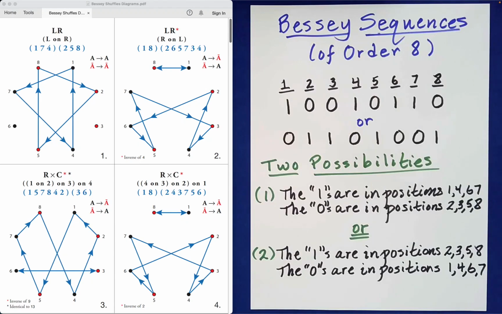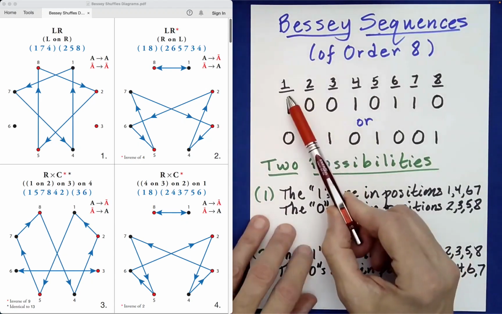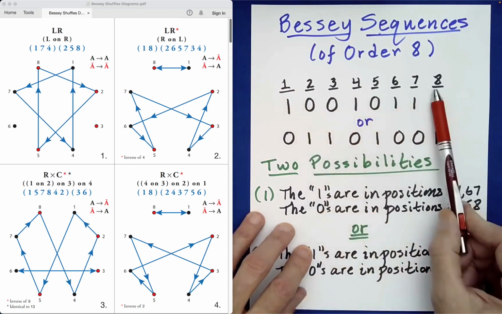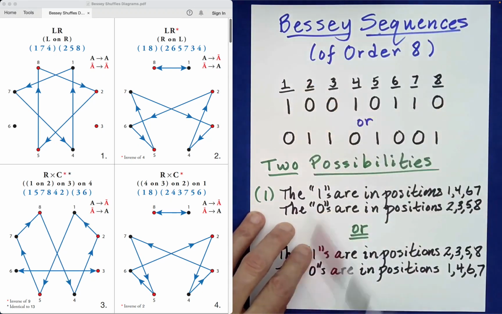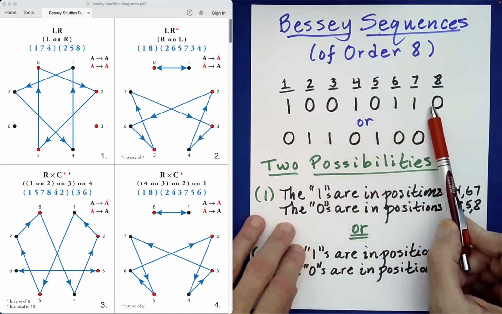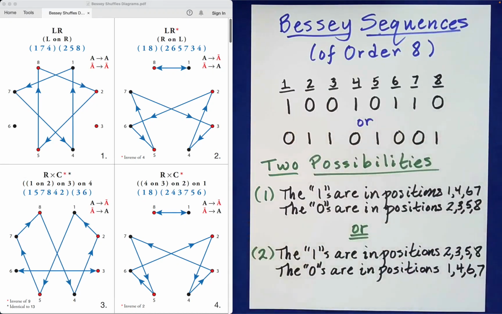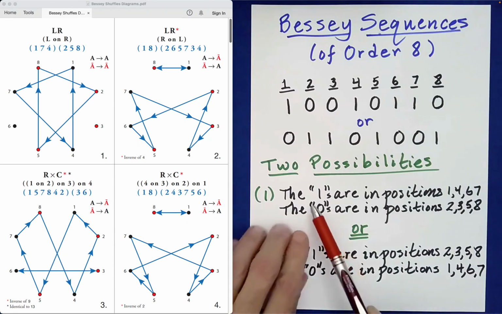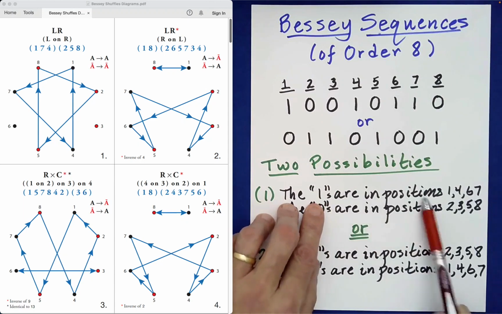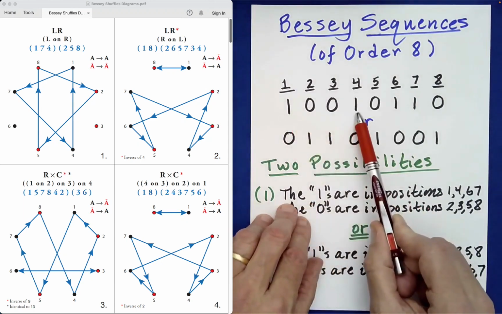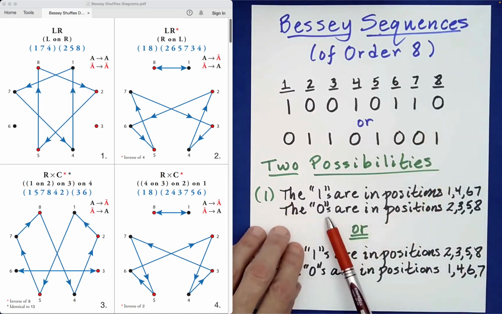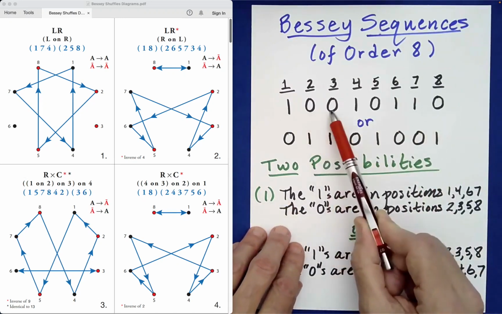To anchor the labeling of the positions of the elements of these sequences, I've listed 1 through 8, and then below those numbers I've indicated either a 1 or a 0. So for Bessey sequences of order 8, there are only 2 possibilities. First one, the 1s are in positions 1, 4, 6, and 7, and the 0s are in positions 2, 3,